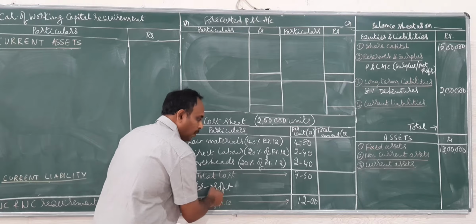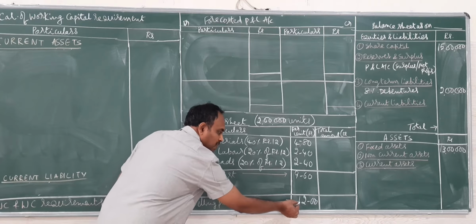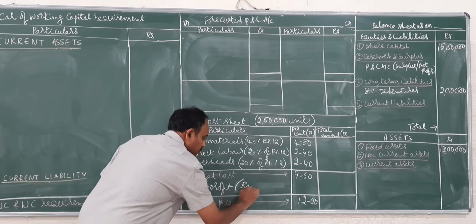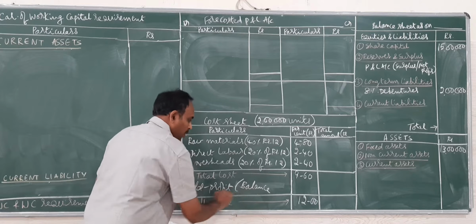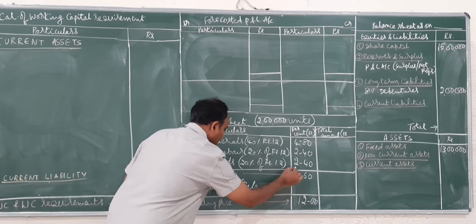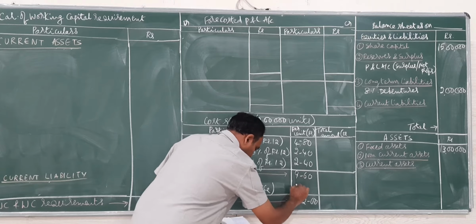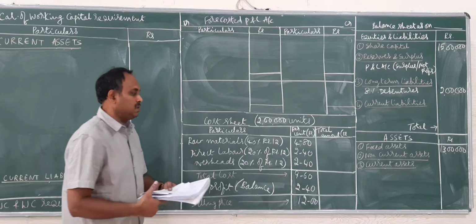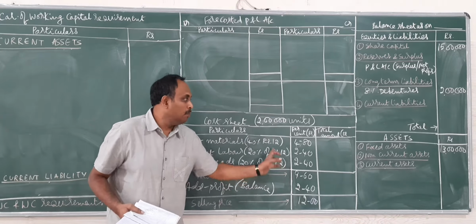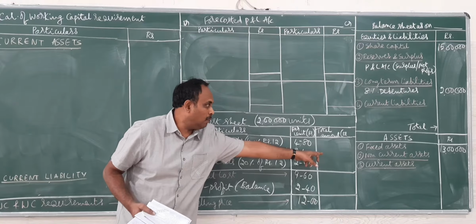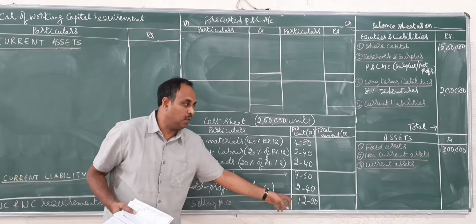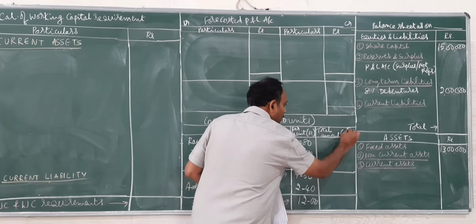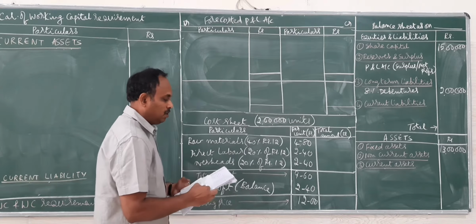Then we have to find the profit. Profit will be the difference between selling price and the cost. So profit is the balance between selling price and the cost. So the difference is 2 rupees 40 paisa. So this completes the per unit column. Before proceeding to the total amount, we always first have to complete the per unit, then move on to the total amount calculation. So here we have to go for calculation.